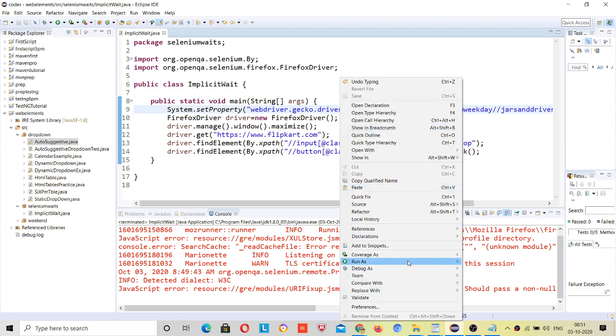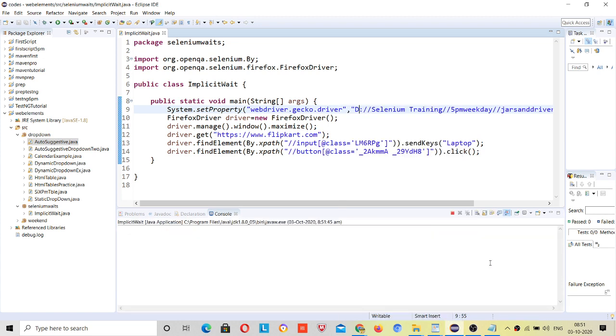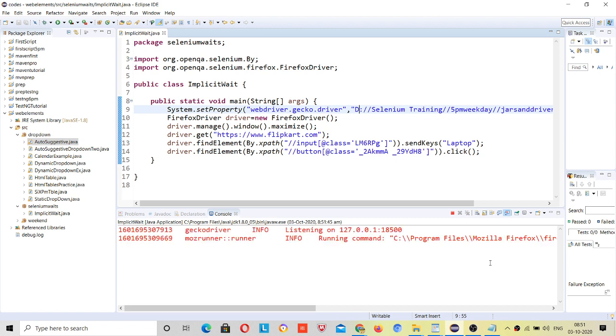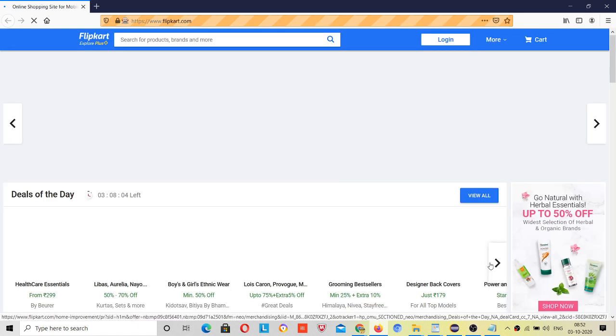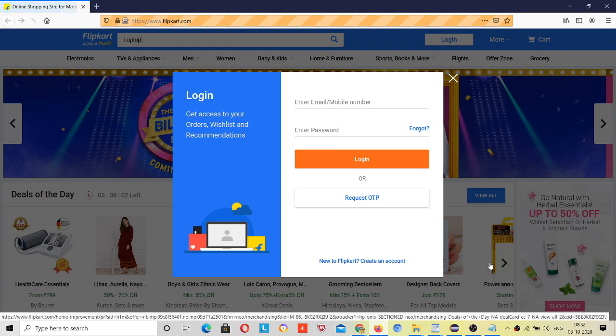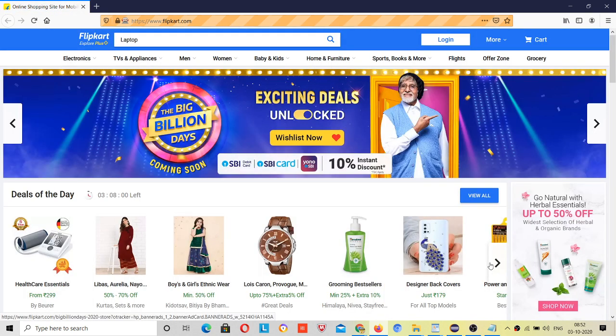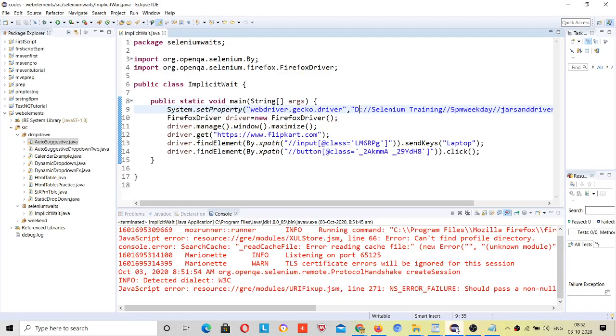Right click and run this. Okay, pop-up was closed. But before sending keys, we have to close this pop-up. This is a better choice, right?